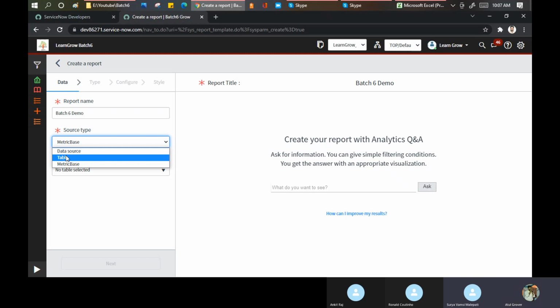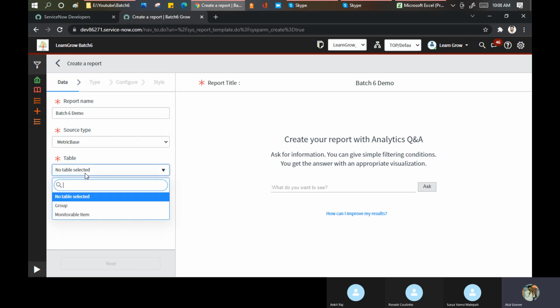Okay. Yes, so metric is, the layman meaning of metric is basically something by which you can measure, or it is used for some measuring purpose, right? So that is the purpose of the metric base. Now ServiceNow introduced this concept.